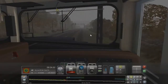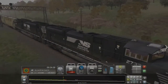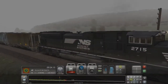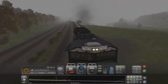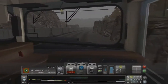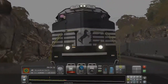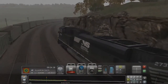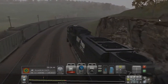So the three yellow lights in a straight vertical line are a green aspect, and you can just proceed with that. The three yellow lights in a diagonal line are the caution aspect. That's, I think, track speed of something like 25 or 15 miles per hour. I forget the exact number that they want you to use. The Northeast Corridor route at least tells you inside the cab which speed to use. And then the three yellow lights in a horizontal line are a stop signal. I usually just wind up saying green, yellow, and red,